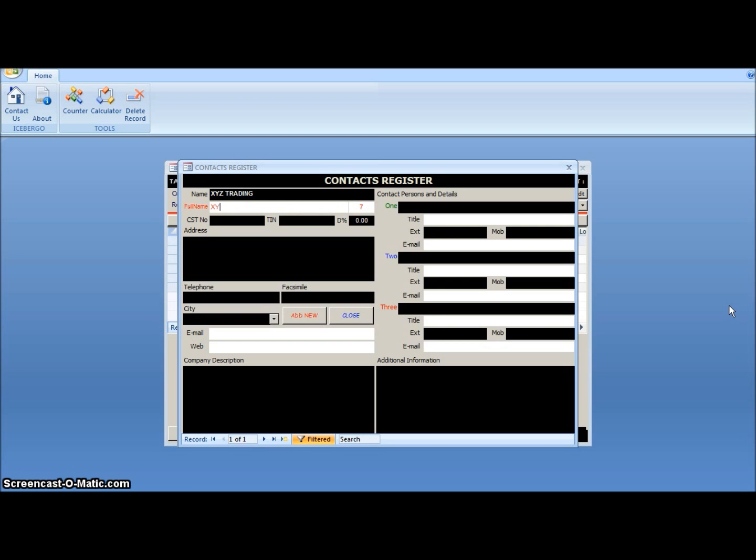Then full name, then tax details if any, then the address, then the telephone number, then the fax number, then the city or country,